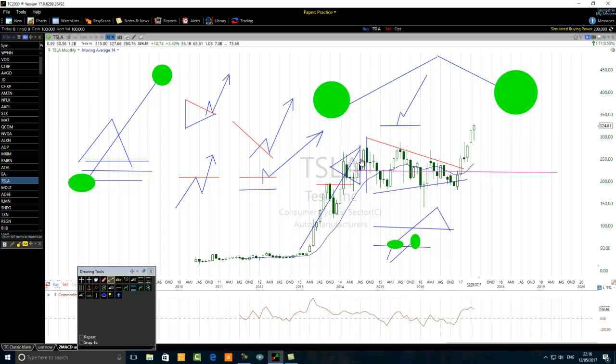So for instance, you see here there is a triangle. For a triangle, the target for a swing trader is the height of the triangle here. So what professionals will do, they will put it here like this. All right. So that's the target for that price move that is going on now. But now, as I was explaining to you, that's the ultimate target for this triangle. The price does not have to reach the target. But one example of swing trade management is that we have the ultimate target.